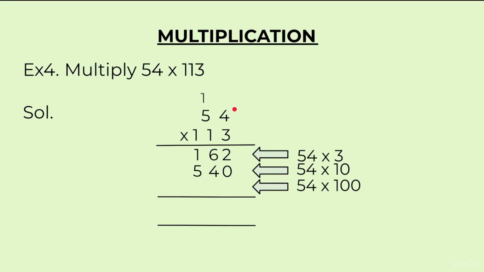Now in the third line, since this 1 is at hundreds place, we will multiply 54 by 100. Now if you notice, the tens place and ones place we have 1 1. So 54 is what we have got by multiplying here. So after putting the two zeros, we just have to copy this number. In case these two digits are same, we have got 54 here, we will get the 54 here also. On adding these numbers, we get 6102. Our final answer is 6102.